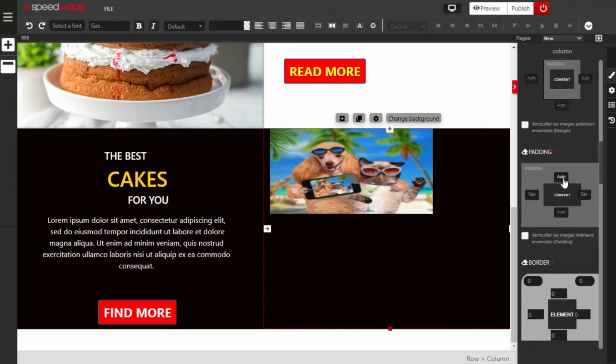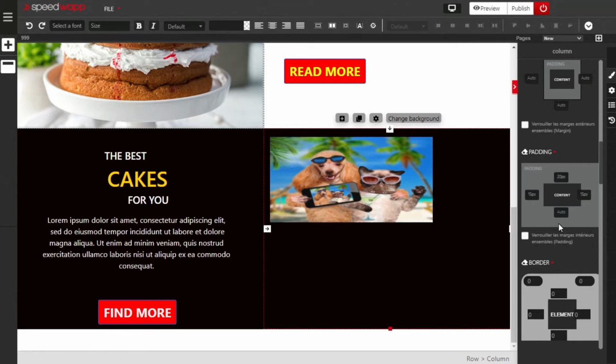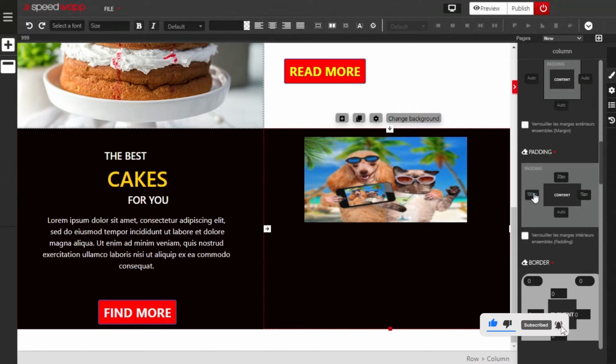So first of all, let's start with the upper padding. Give it an upper padding of 20, just for it to drop down a bit. And we're also going to give it a left padding as well. So we can give it a left padding of 100. So just type in 100px, enter. Okay, now if you are satisfied with the position of your image, we need two images in this column right